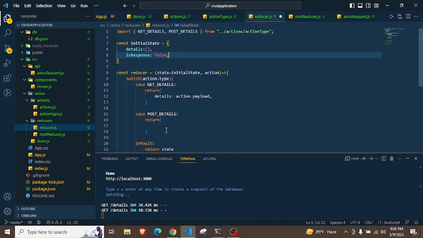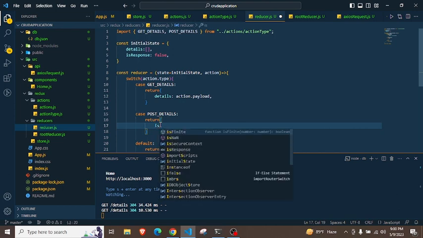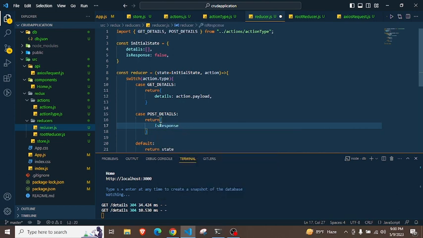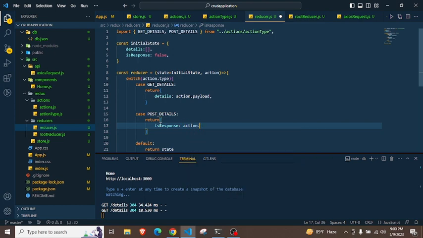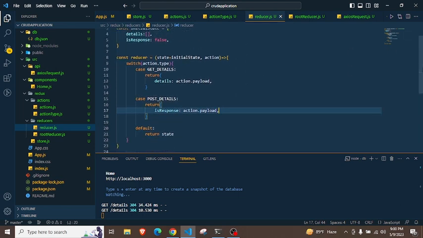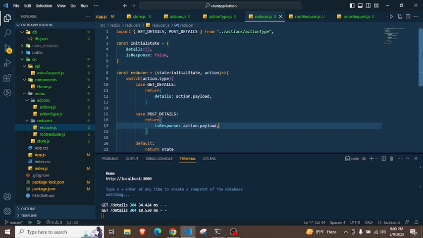Then here write post details into the return, is response, action dot payload. Save it. And now